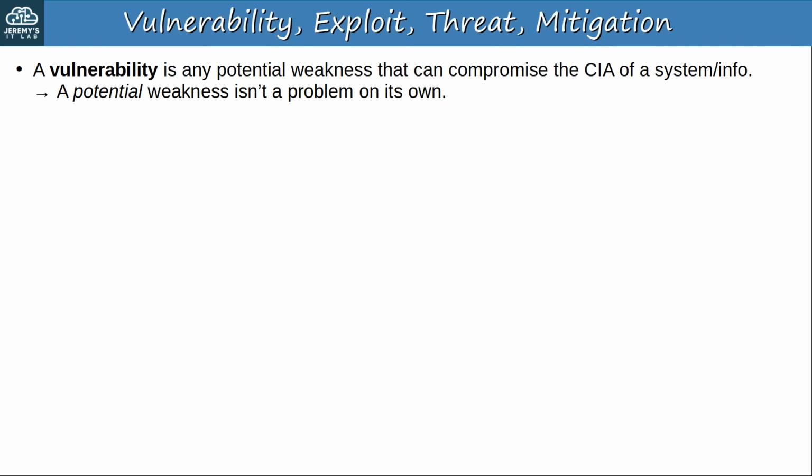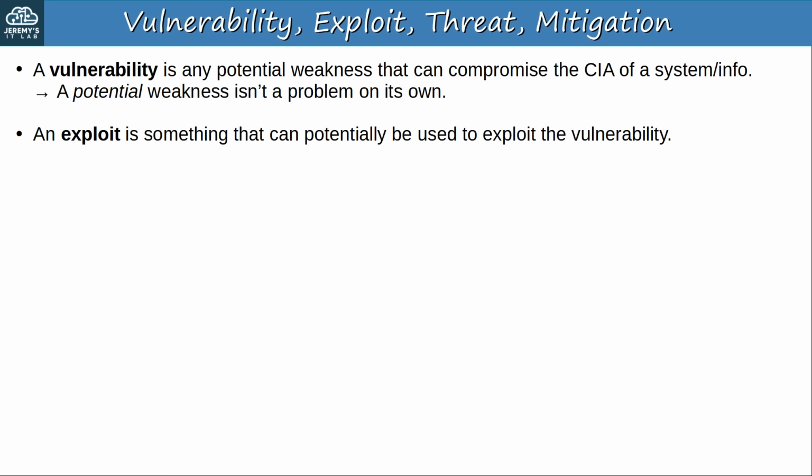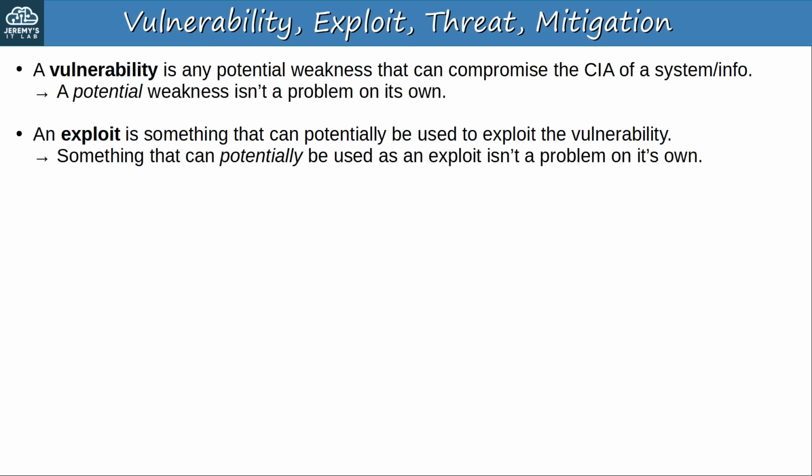The windows of a house, for example, are vulnerabilities, potential weaknesses, but houses continue to have windows. Next, an exploit is something that can potentially be used to exploit the vulnerability. But again, something that can potentially be used as an exploit isn't a problem on its own. A rock can exploit the weakness of a window and be used to enter a house, but rocks aren't problems